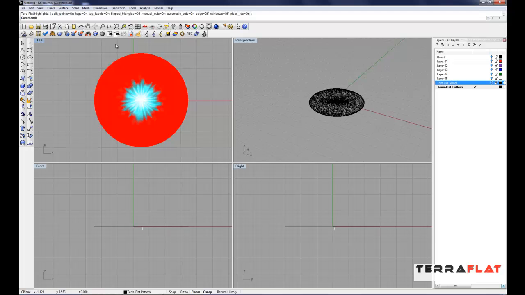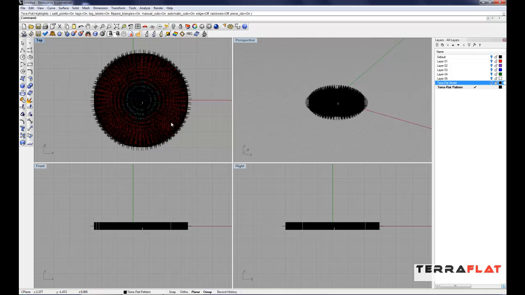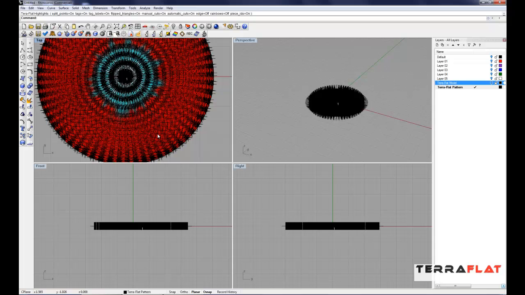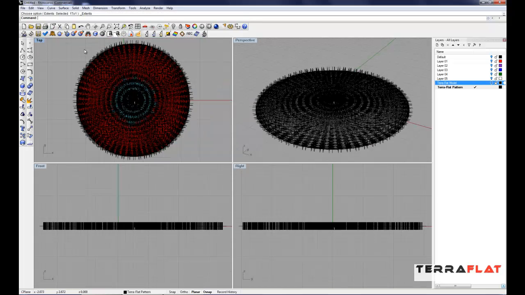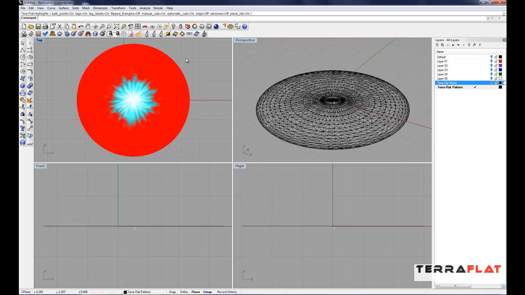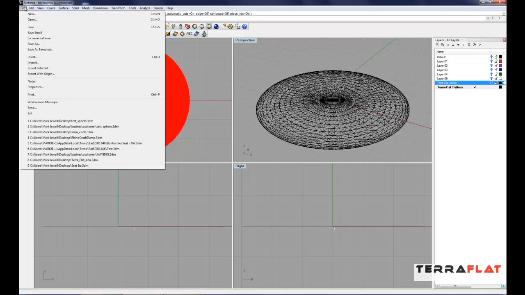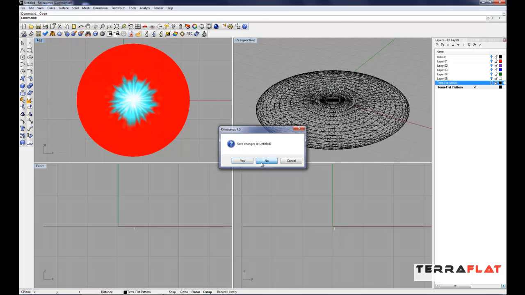If I turn on the flip triangles to show the bad geometry again, you can see that all these pieces here are flipped inside of each other, so you wouldn't get a good result. In this example, you have to say that flattening a sphere is not practical, but I will show you an example of a